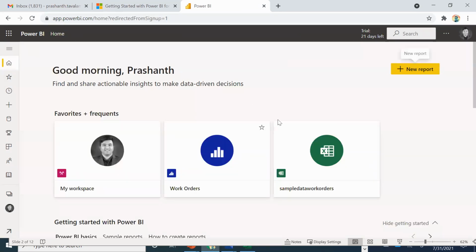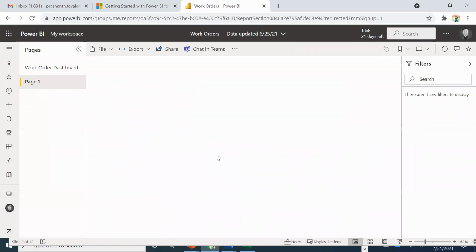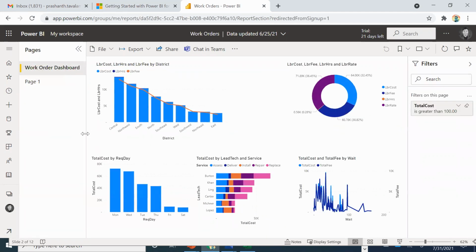This is what I created. So let me show you work orders. Whatever we saw in the Excel, now we've loaded this information. It's here. So work order dashboard.